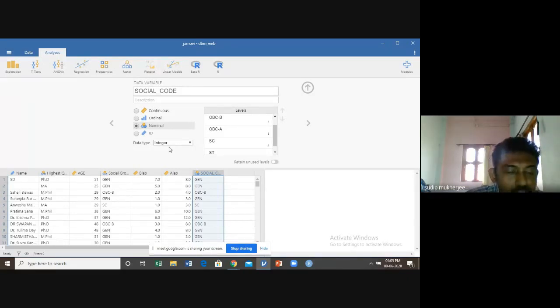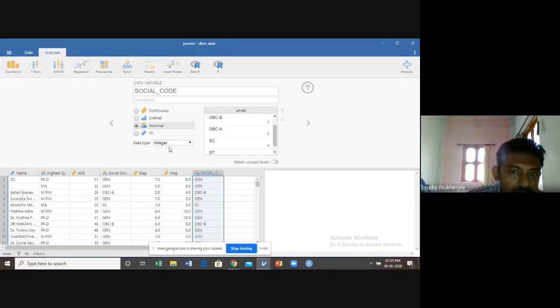But in case of Jamovi, the beauty of Jamovi is that it also calculates beautifully with the text variable. So if you're not able to make the text variable in integer form, you can keep it as it is in text form and run Jamovi. Jamovi gives you the proper or the correct result.